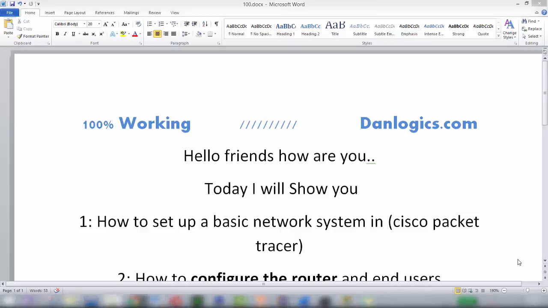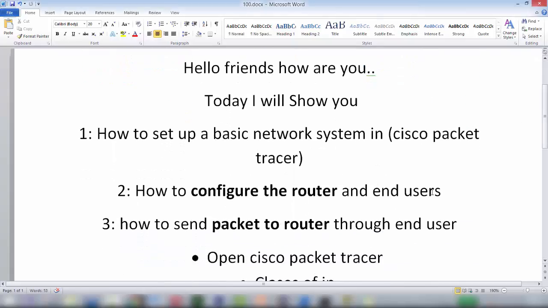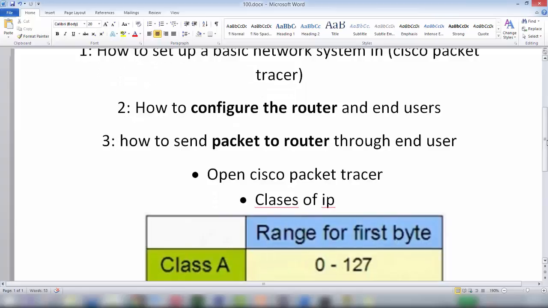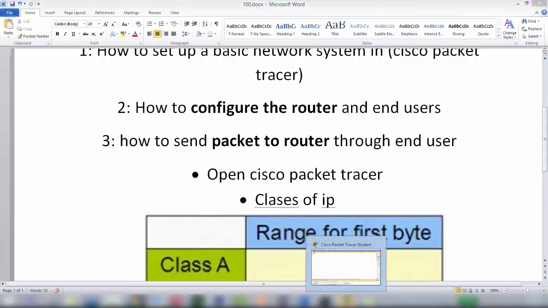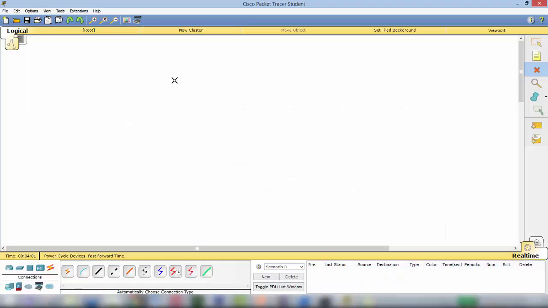Today I will show you how to set up a basic network system in Cisco Packet Tracer, how to configure the router and end users, and how to send packet to router through end users. For this, first open up your Cisco Packet Tracer program. Now this is your software on which you are going to